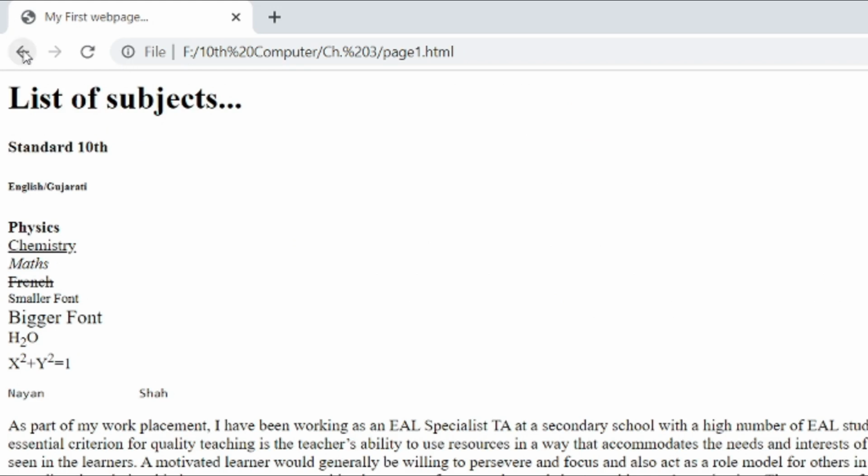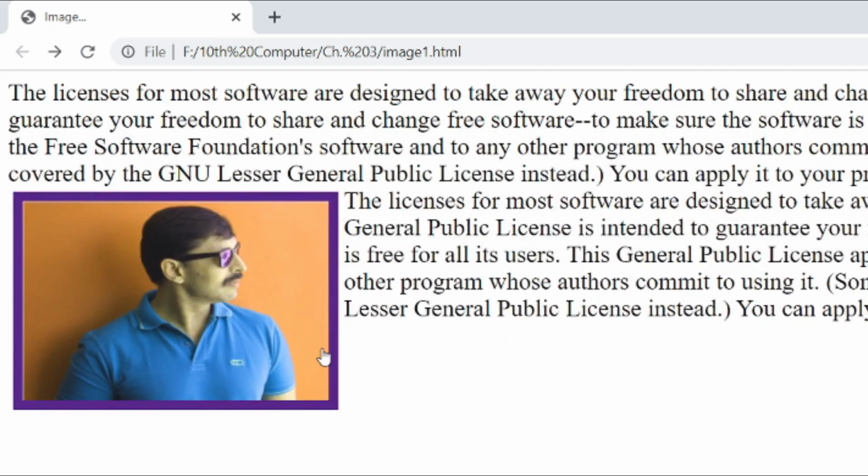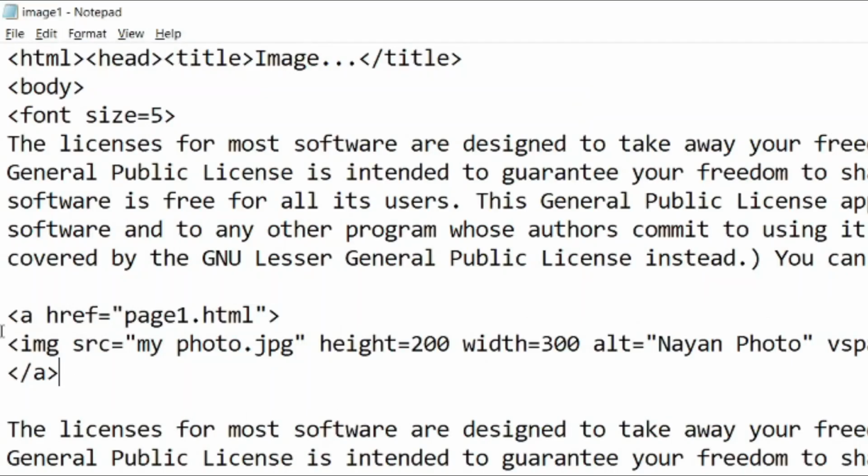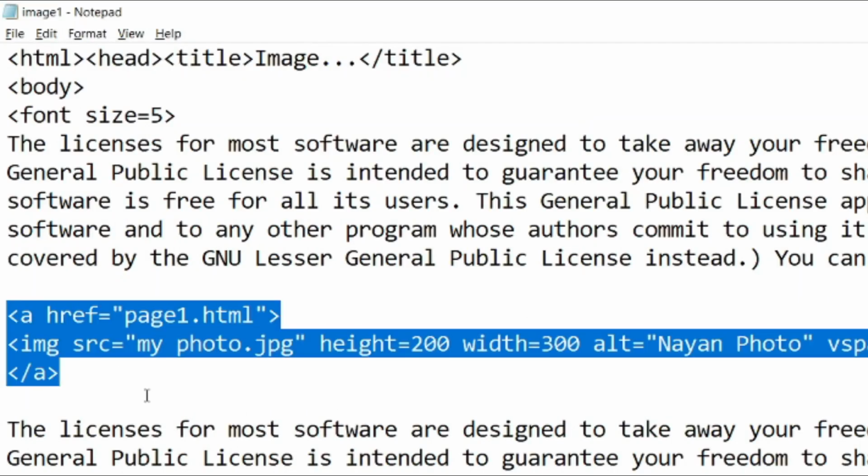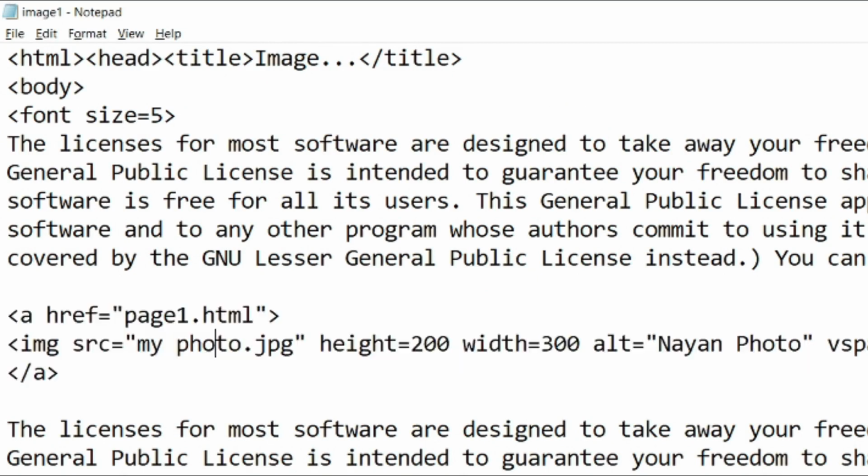Click on back, and now you can see the color is not blue but something like brown, because it is a used link. So that is the link color you can also observe from here. And this is called creating a hotspot. We created the image as a hotspot.